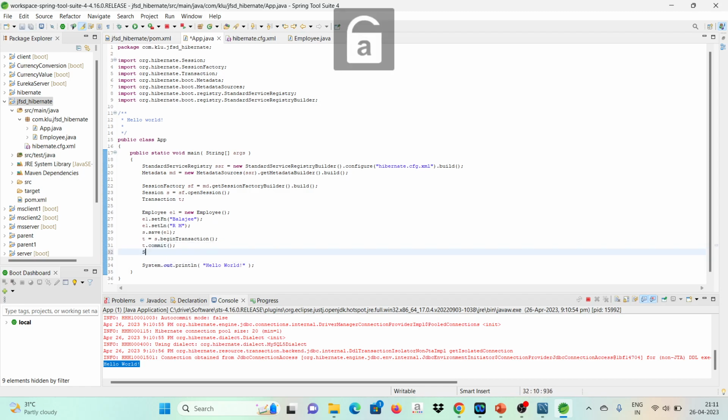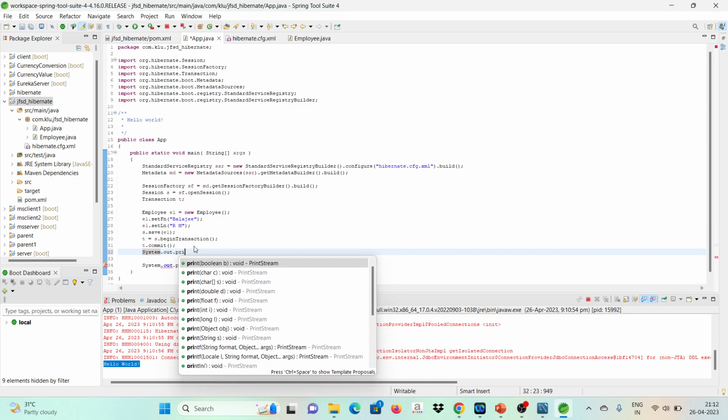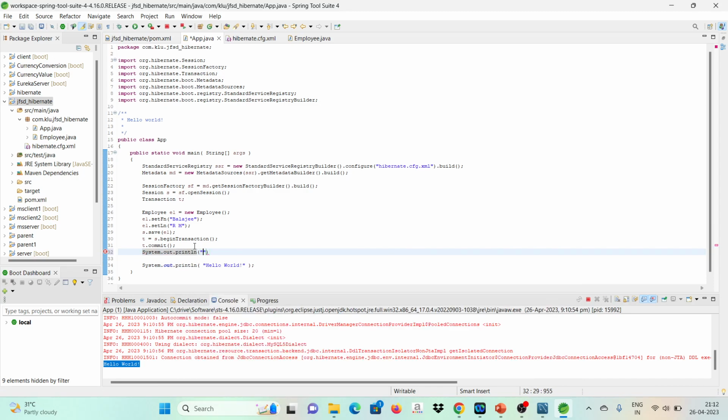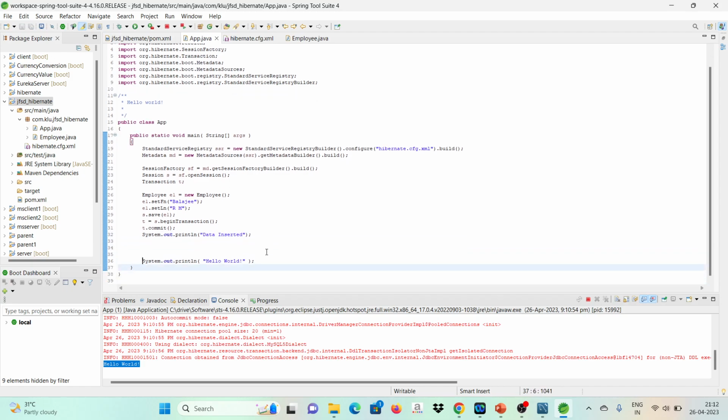Now I will have just a statement here. Inserted data. Data inserted. Second one, I need to go with the updation of data. If I want to do update, for example,